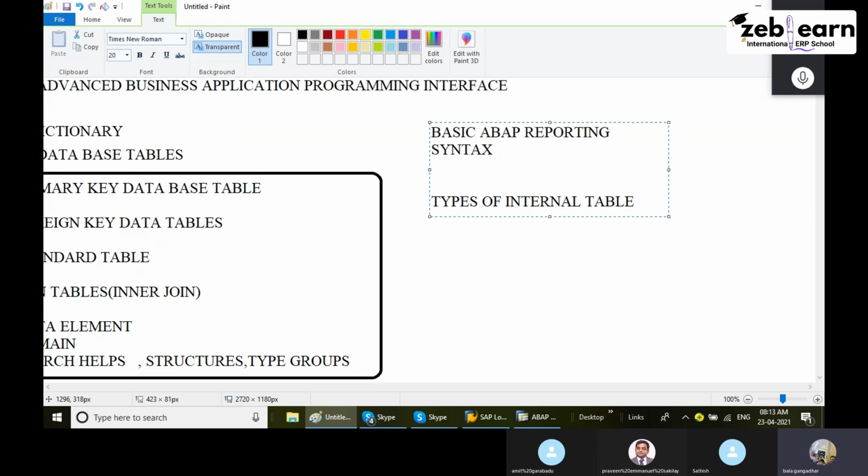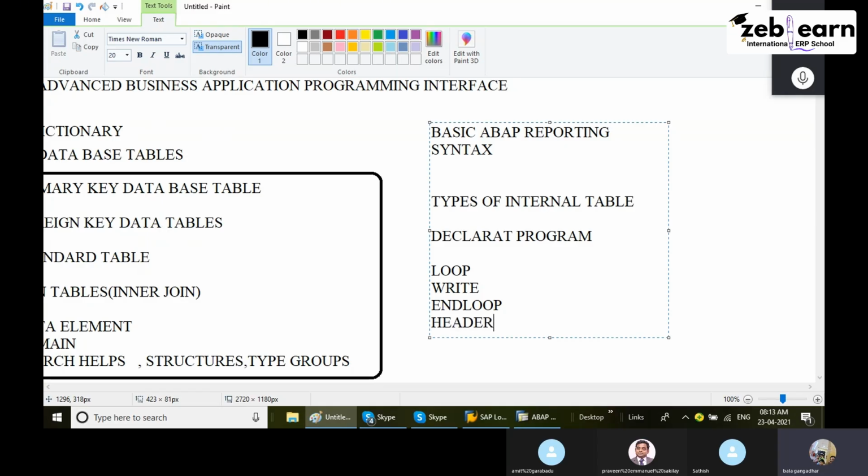How to declare the program. What are loops? What is the write syntax? What exactly is the meaning of the write syntax? What exactly are loop and end loop? Next, how to print the header details, header printing,